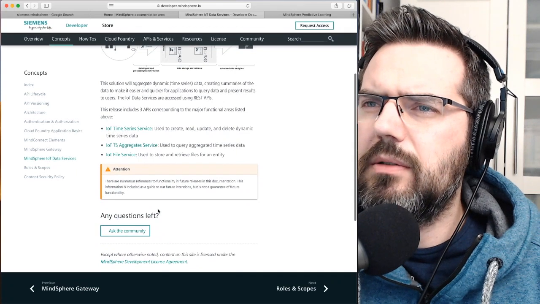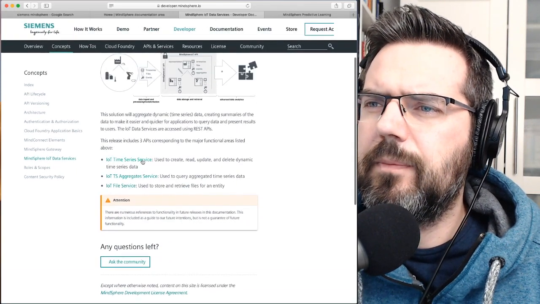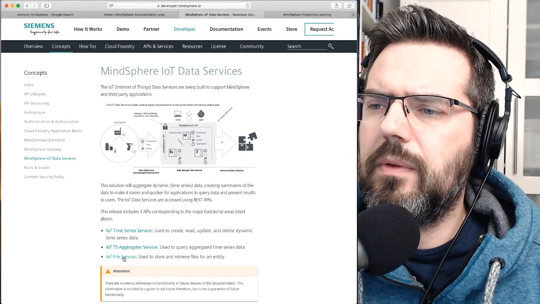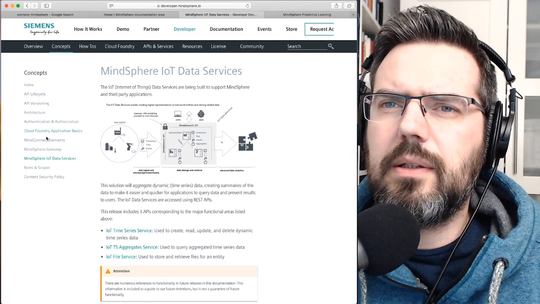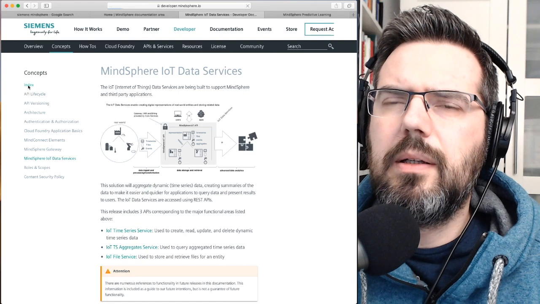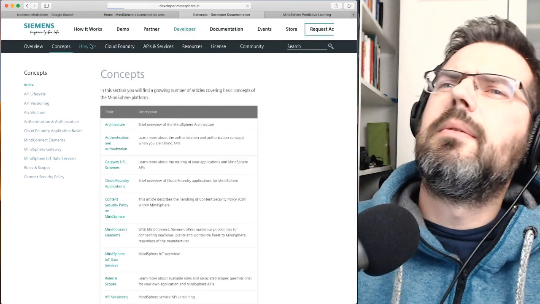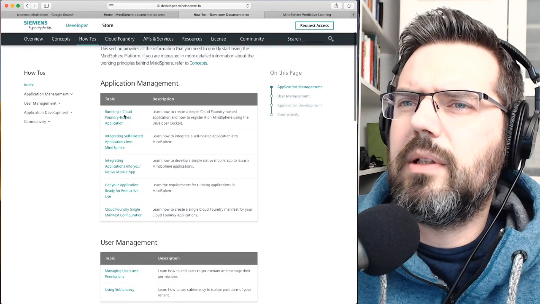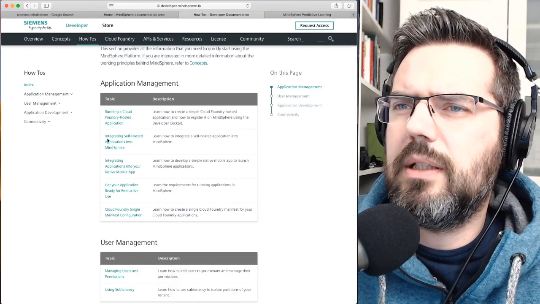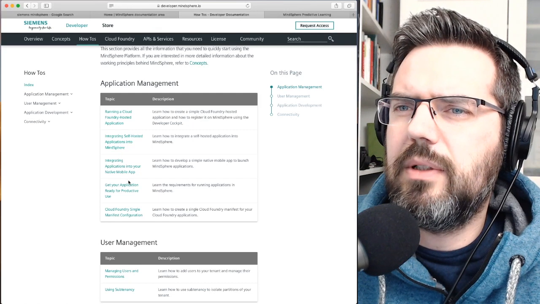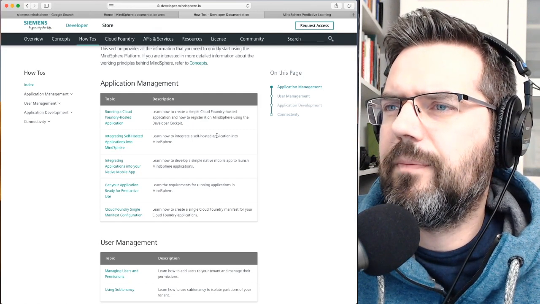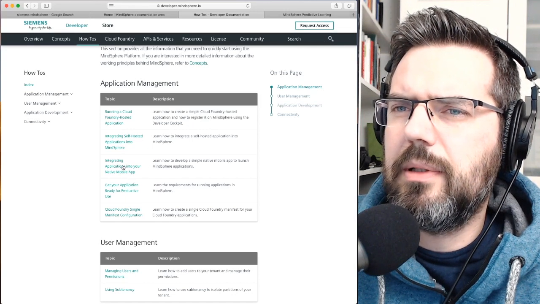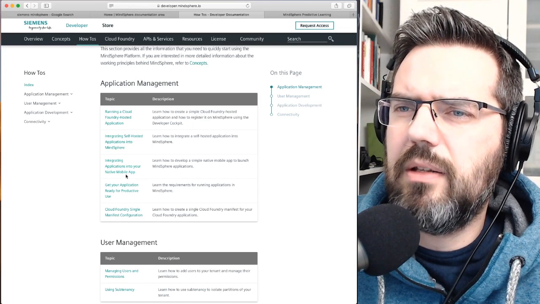Can I get this bigger? No, this is not what I mean. How-tos. Let's look at how-tos. Running a Cloud Foundry hosted application, integrating self-hosted applications into Mindsphere, and this is interesting: integrating applications into your native mobile app.